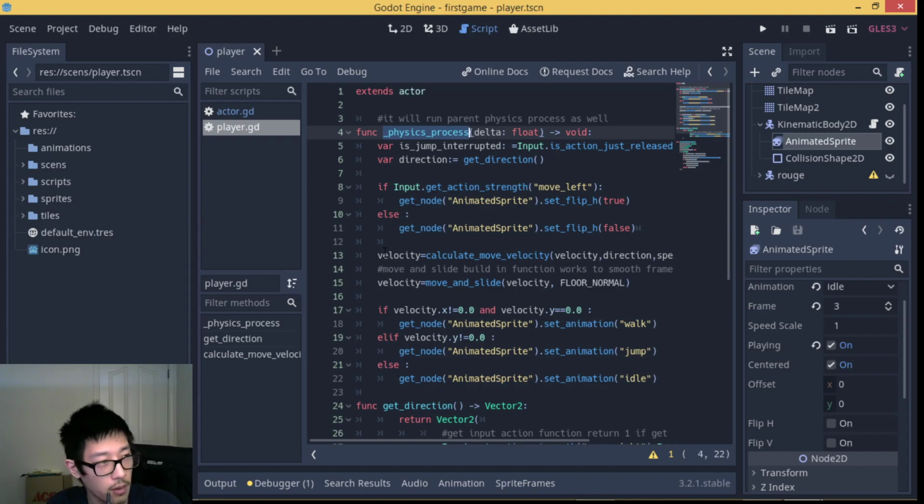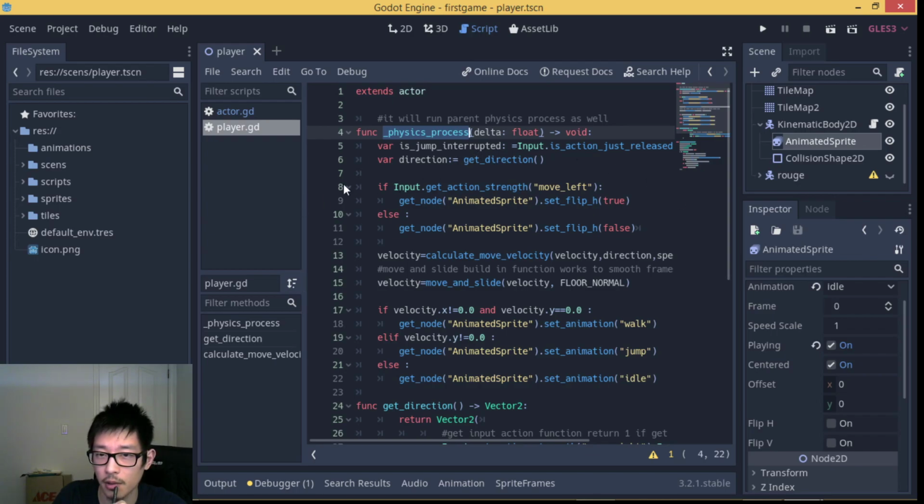Well, don't worry about the coding. I will leave the link below to my whole project, so you can just copy my code from that. Let me explain how the code works. So we have a main function. I would say the physics process function is a main function since it will run in every frame during the whole game, and